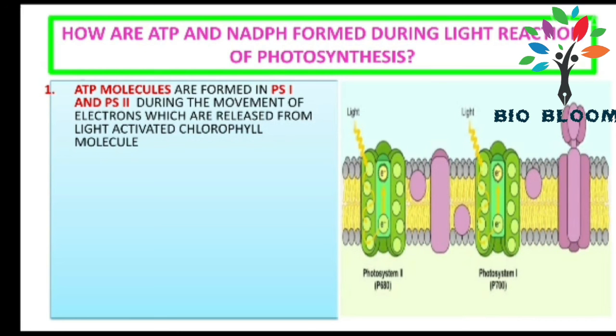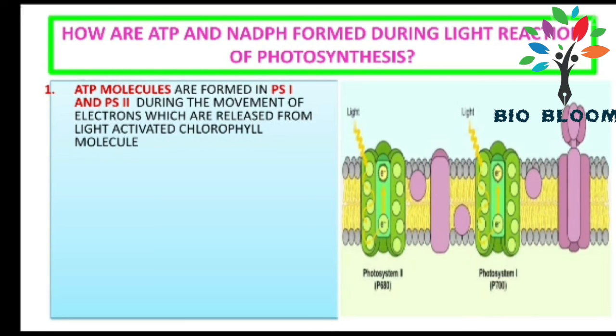Photosystem 1 and photosystem 2 are named on the basis of discovery. The first discovered was named photosystem 1, and later photosystem 2 was discovered, so it was named photosystem 2. Here is the reaction center and harvesting center where light reactions take place, in the grana only. In the stroma, dark reaction takes place.